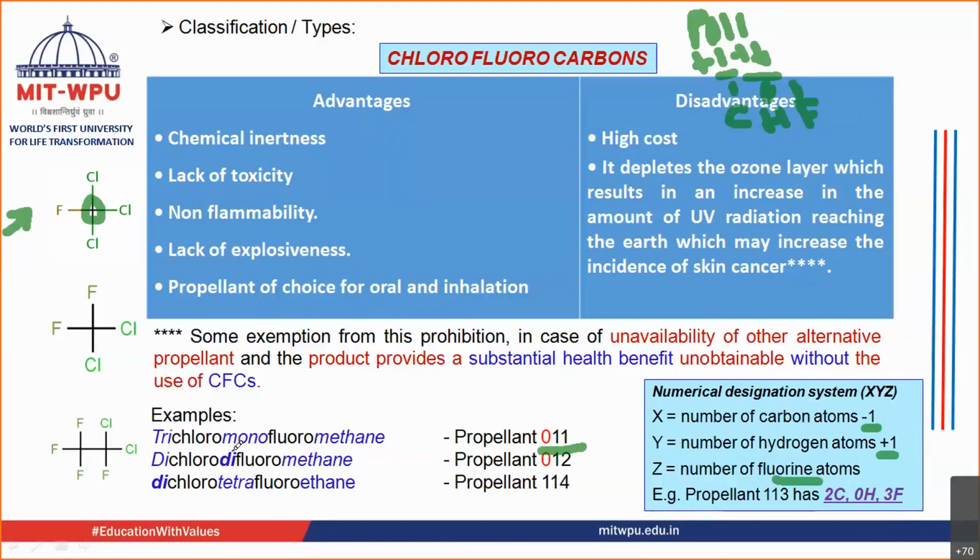Okay, and even if you forget this, it is no problem, it is given in the literature. You should understand how this nomenclature came, that's why I'm explaining it to you. Even the structures are easy to remember. If you are able to remember the structure, you will be able to remember these names. And if you are directly able to remember the names, there is no need of remembering or drawing the structure. These structures I have just drawn so that you can remember the names of these propellants. You can remember the examples of these propellants, otherwise the structures are not that important.